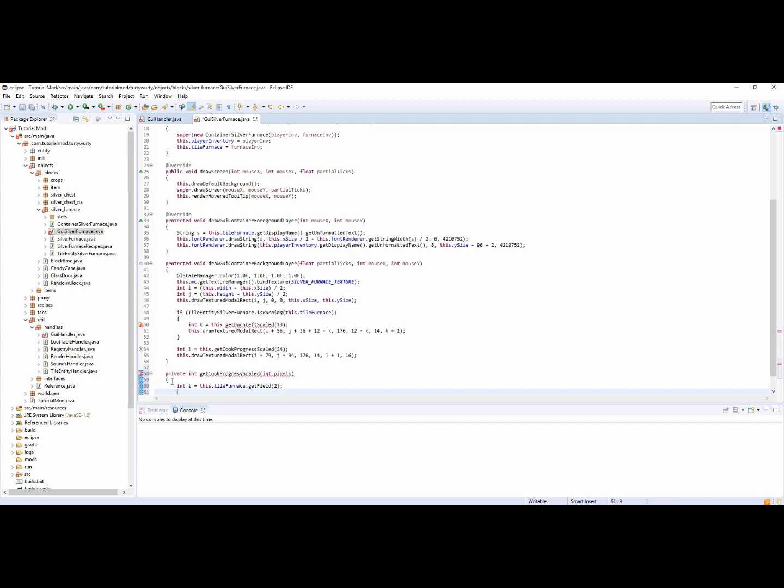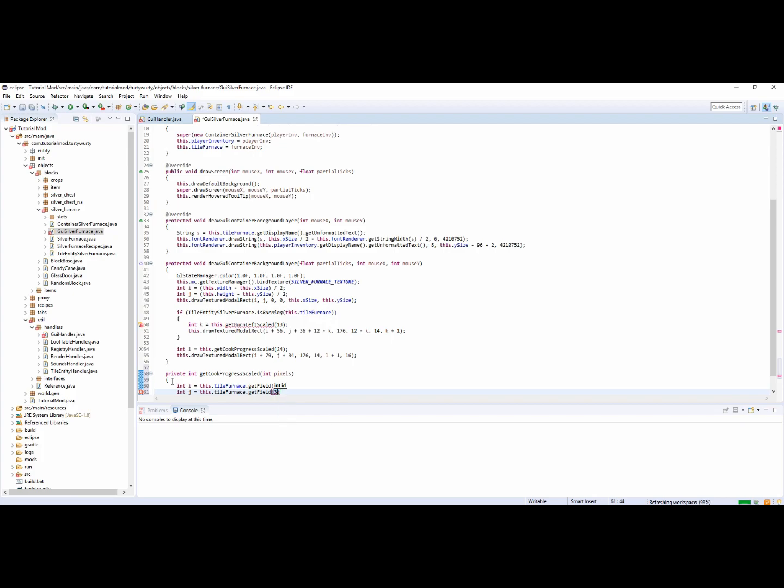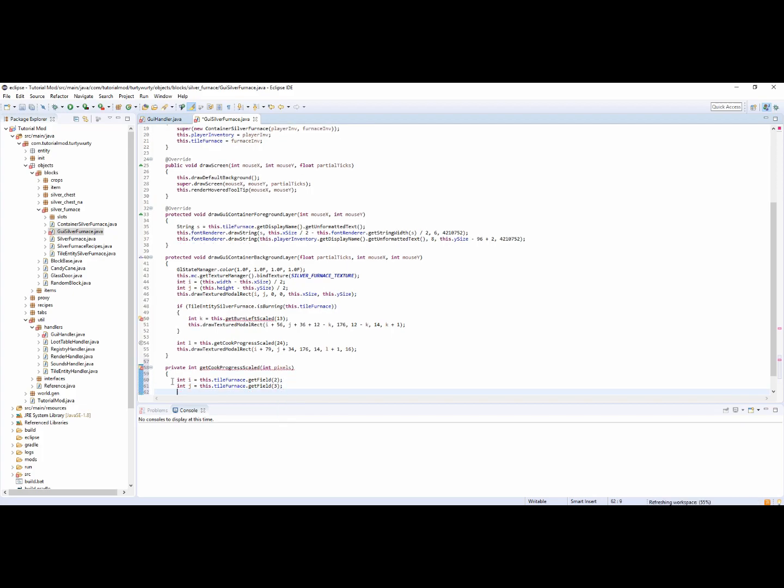Then you want to do int j is equal to this.tileFurnace.getField(3), and then you want to return j is not equal to 0 and 0,